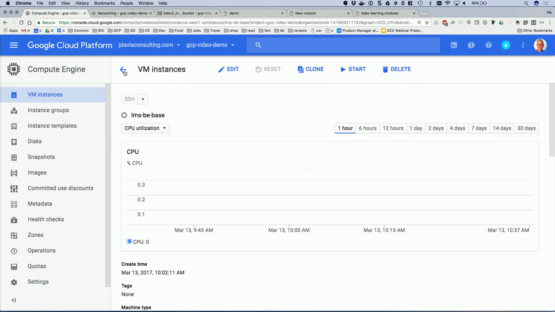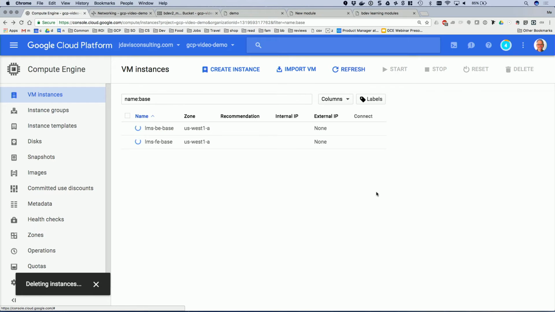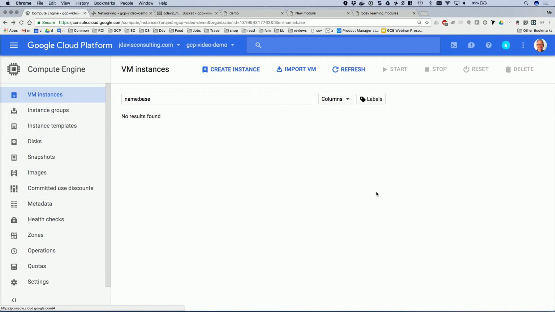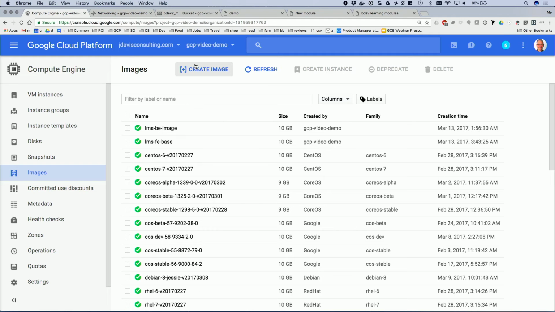Okay. So what we're going to do then is, these 2 base images are configured to work just the way I want. What I'm going to do now is delete them, but I will keep their boot disks. You always start this recipe with a pre-configured machine that works the way you want it to. Then what you can do is create a boot disk image. So I'm going to create a new image,